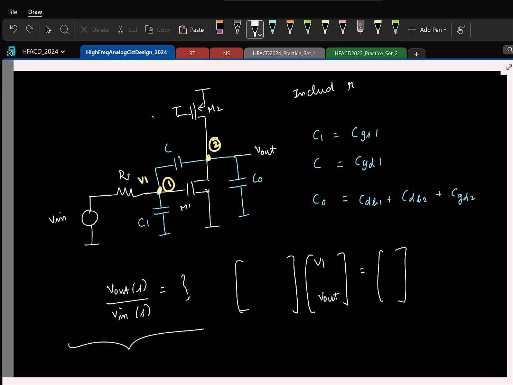Let's not do that yet. If you have some case like gm R0 plus 1, okay, you can ignore it. This you can approximate to gm R0, that's okay. But otherwise, just do it and